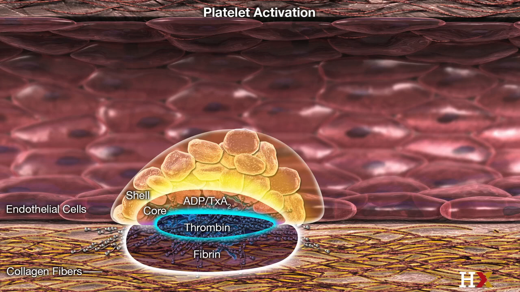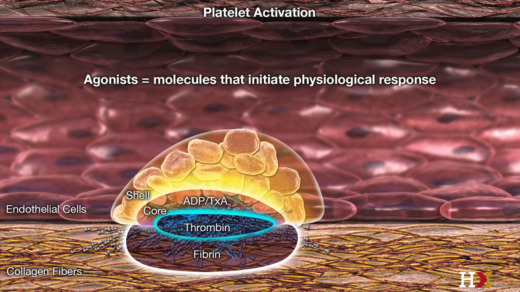The last two factors, ADP and thromboxane A2, are agonists, that is, molecules that initiate physiological responses. They are produced by activated platelets and contribute to recruit and activate more platelets. Thrombin, ADP, and thromboxane A2 diffuse from the base of the platelet aggregate outward. The result is a formation of a clot with a core made of fully activated platelets and a shell of